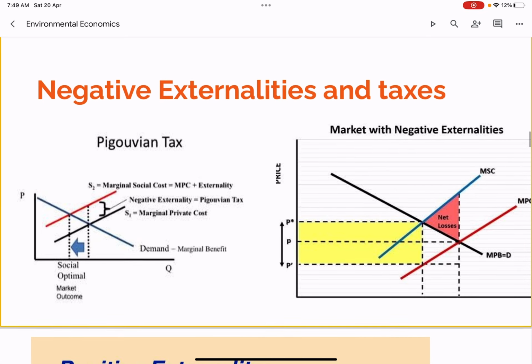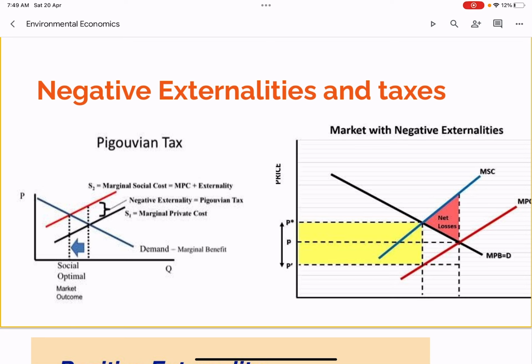I just showed you two different curves so that you get better insights. In the second curve, the yellow band is the increase in the revenue of the government because of taxation, right? And the vertical line between the marginal social cost and marginal private cost would reflect the amount of taxation